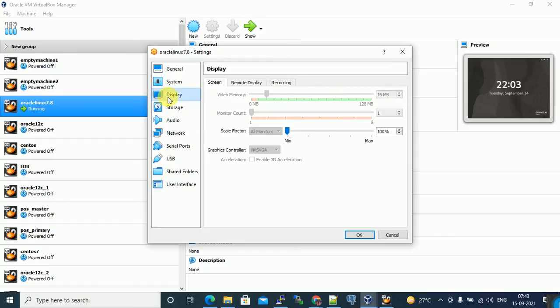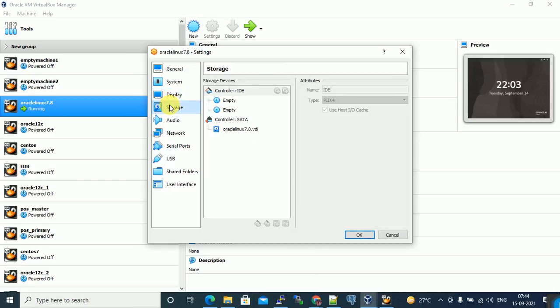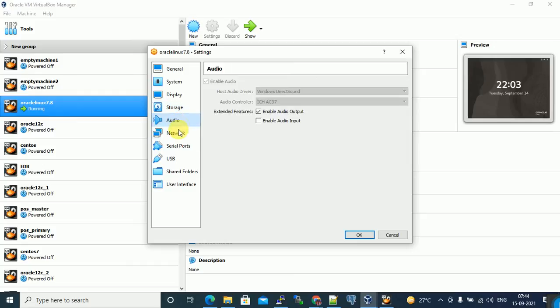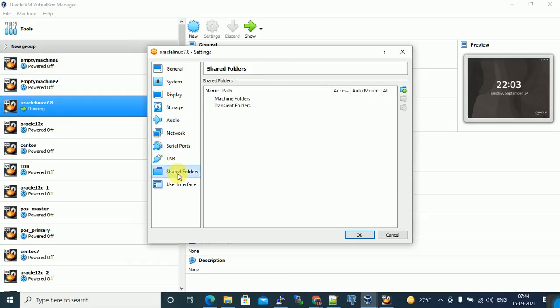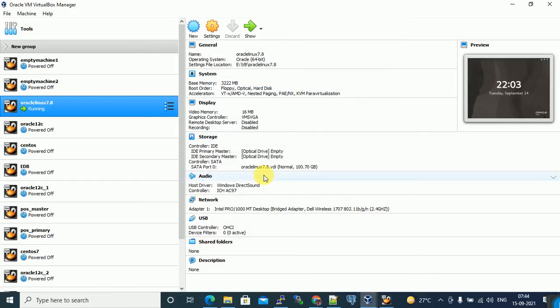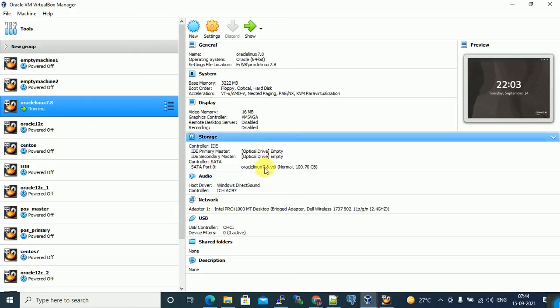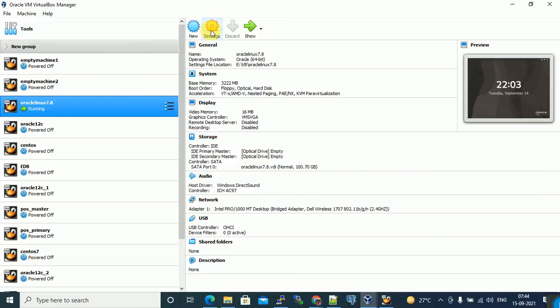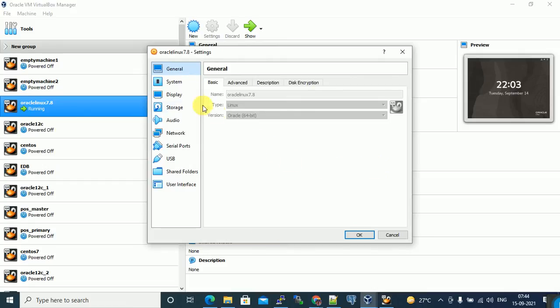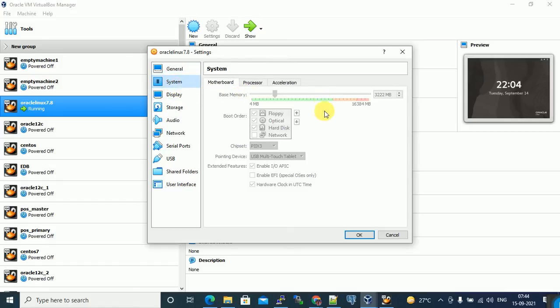You can see storage, and network. Oracle Linux 7.8 is installed on this machine. Base memory is 16.